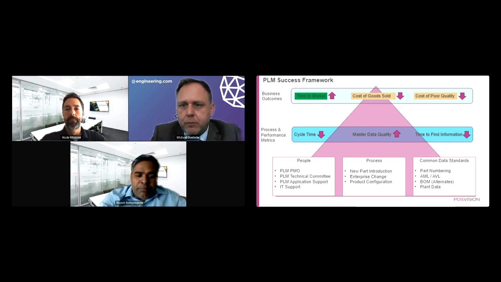And when you look at the bottom of that pyramid, it is to say where is my maturity. If I had to put a goal to say I wanted to do 10% improvement or 20% improvement, I need to understand where we are today. What's the current state? Do I have proper standards? What's the maturity of my processes? Do I have the right governance and the people support structure in order to act on it?